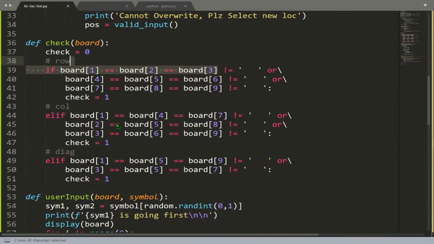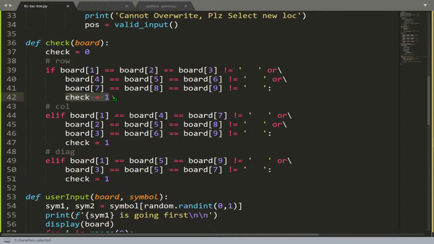So you might ask why don't we just check whether these values are equal to x or equal to y. What that will do is just increase the number of lines we write, because for x I have to give x here and the same line has to be repeated for y. So instead, I am checking if those blocks are not equal to a blank. If they are not equal to a blank, I will go ahead and set this flag that is called